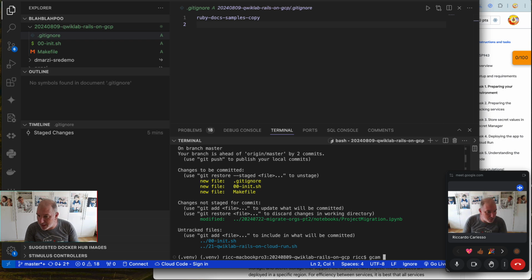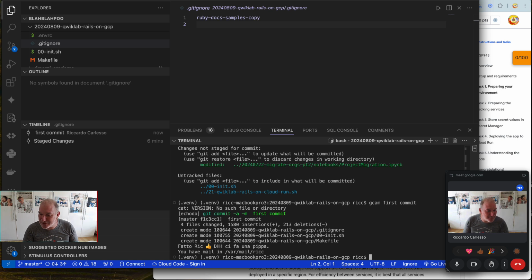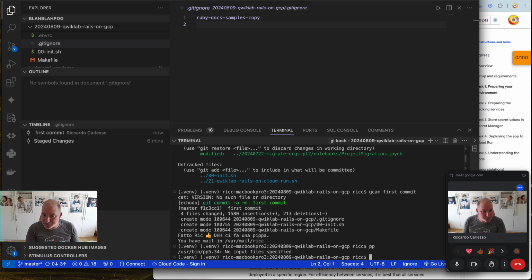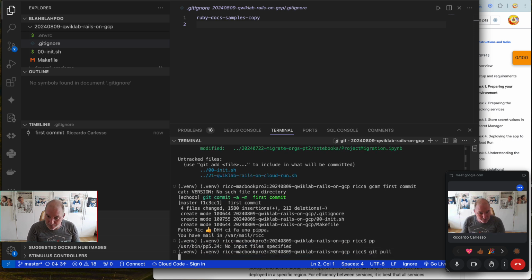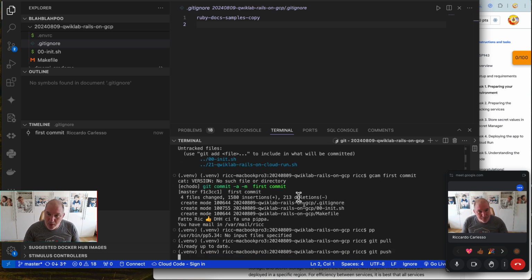Git commit amend message first commit. I see that DHH has the same line as GCAM. If you see DHH videos, he has the same comment. Okay, so I do a git push and pull. Okay, git pull and git push. Okay,